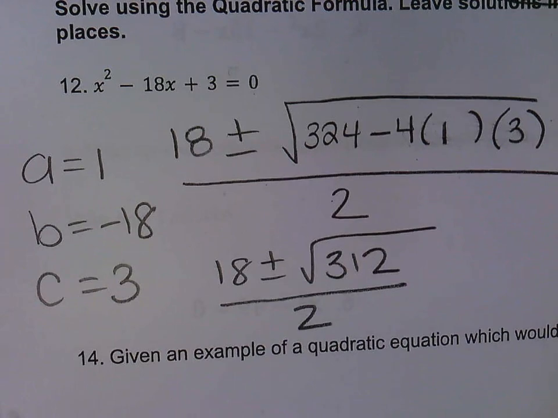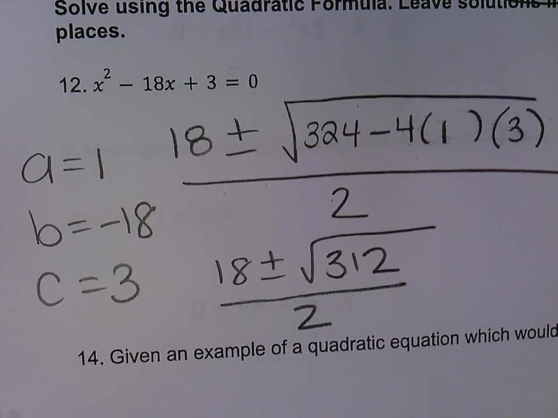divided by 2. Does anybody remember the name of this number that we learned last week? It starts with a D. It's called the discriminant. It's not discriminate, it's the discriminant. And it tells you how many solutions or x-intercepts there will be. If I've got positive 312, how many x-intercepts do you think my graph has? Does it have 0, 2, or 1? It has 2 x-intercepts because plus root 312 and minus root 312 are 2 different numbers